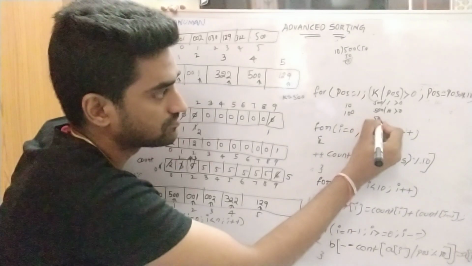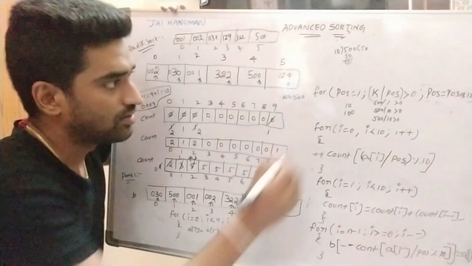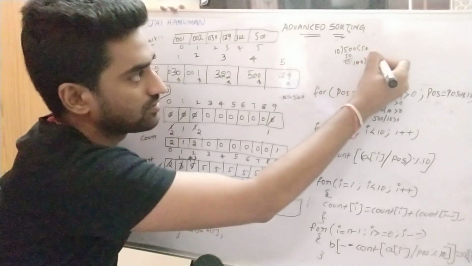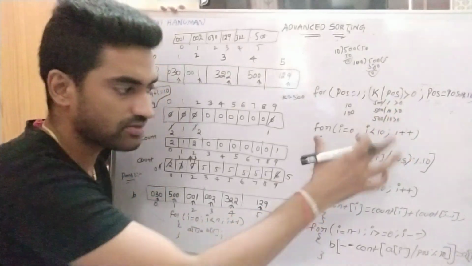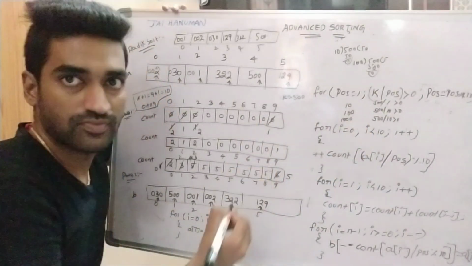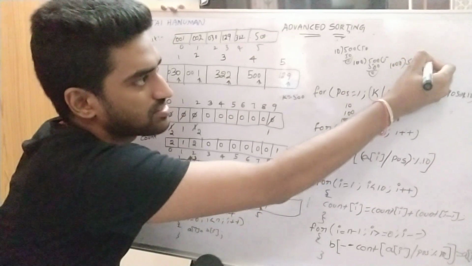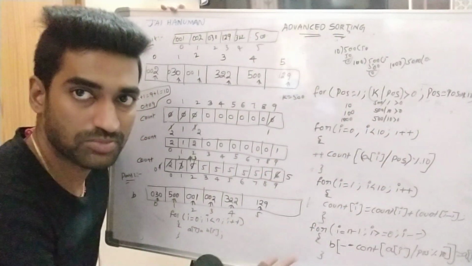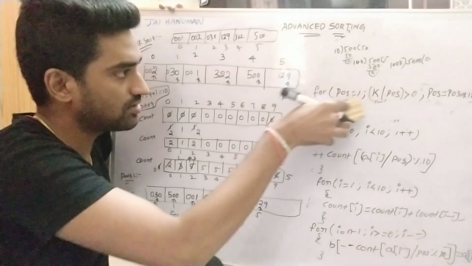So now position value becomes 100. Here 500 by 100 greater than 0. What is the value? 500 by 100 is 5. So 5 greater than 0, obviously we can complete the third pass also. After completion of the third pass, position is 1000. So 500 by 1000 is 0 point something, which is less than 1, so we can stop the process, right? The entire process is presented in this loop only.